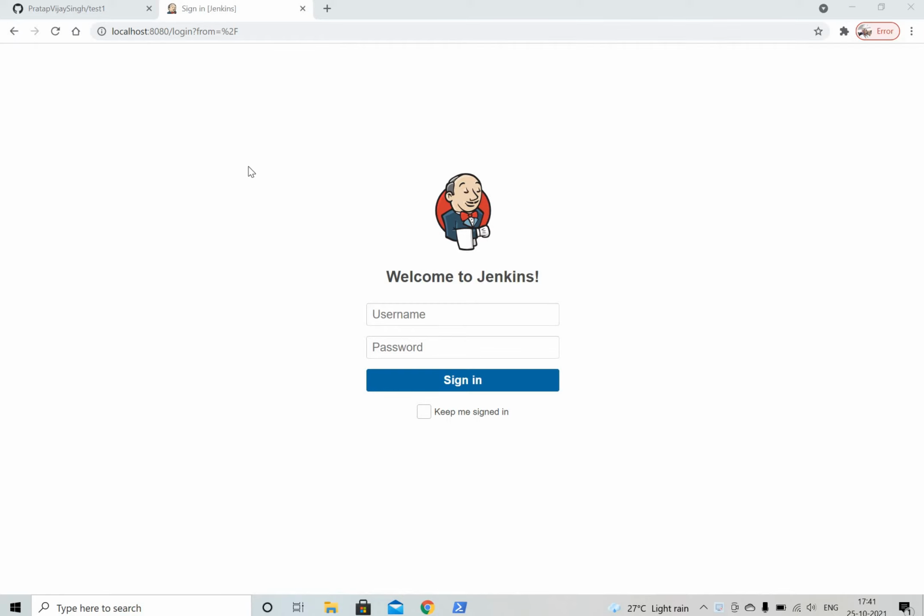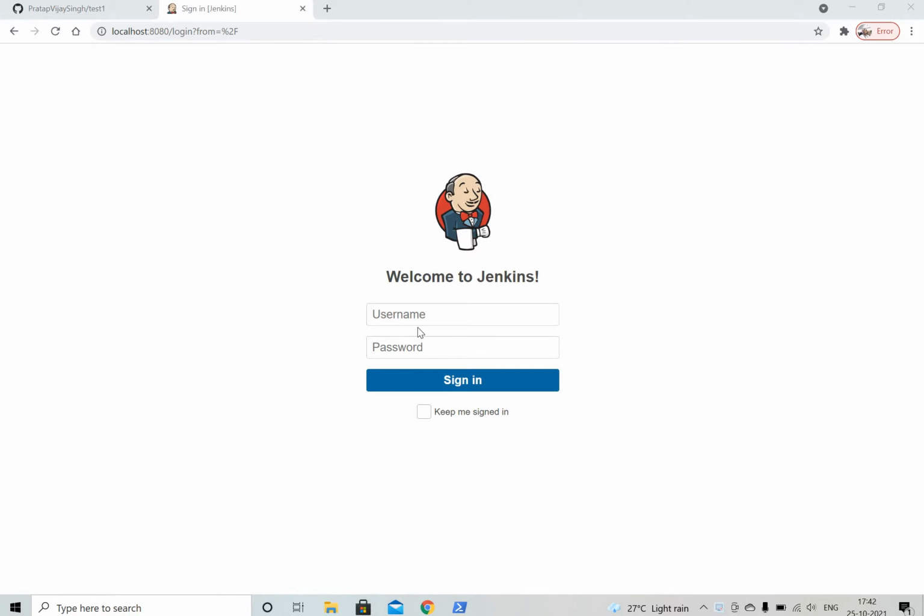Hello guys. So in the last videos we have seen how we installed Jenkins, created the initial user, and logged in with that user, and we installed the Jenkins recommended plugins, and also that we can download some plugins externally and upload them in Jenkins. Today we'll see how we can create a first job, how it will connect to your Git repository, and how your source code will be pulled, and all those things we will check.